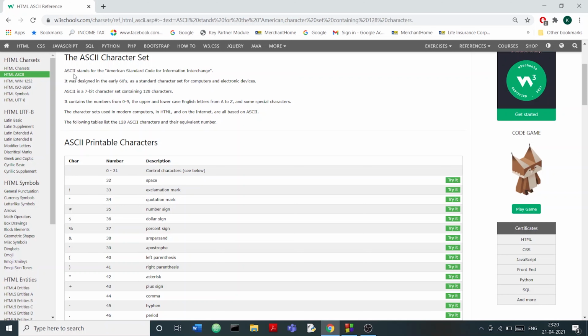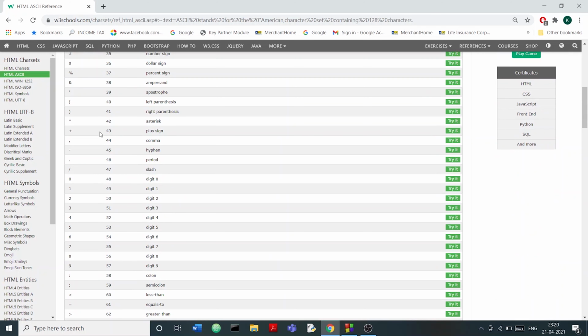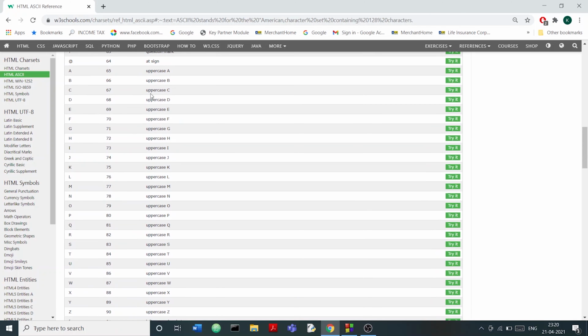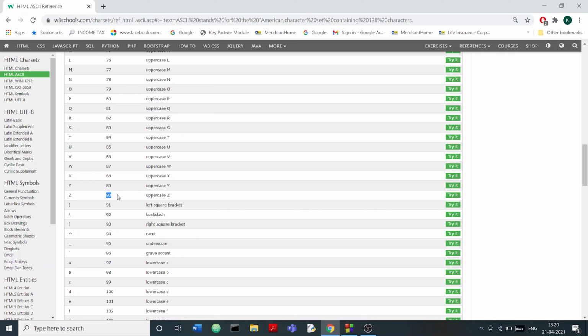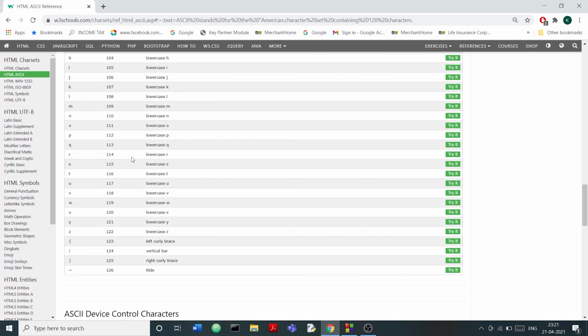This ASCII code basically consists of numbers that are related to a particular set of characters. You need to remember some of them. The upper alphabet A starts from ASCII code 65, and as it has 26 characters in total, starting from 65, it will definitely end on 90. So you need to remember that A to Z begins from 65 and ends at 90. Other than that, you need to remember that lowercase a starts from 97, and again 26 characters are present, so it will definitely end on 122.